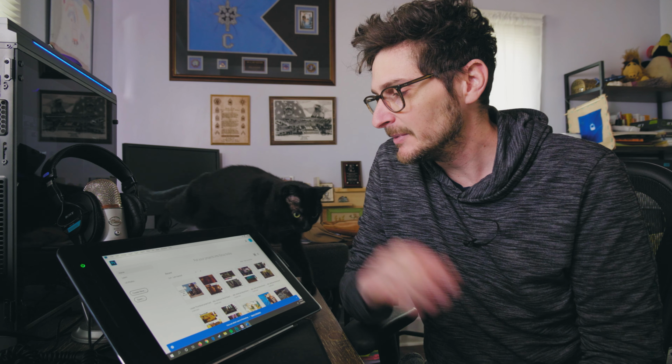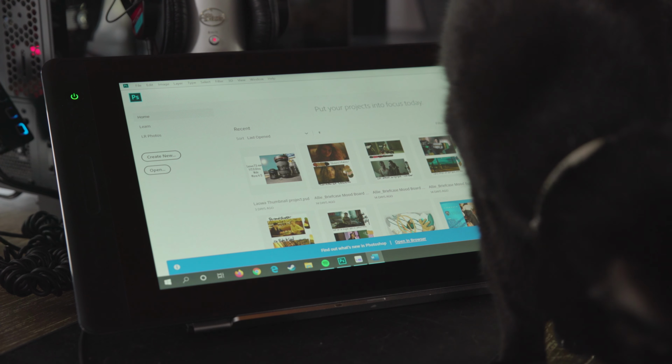I got this about a month ago. I've been wanting one for a while, and I never pulled the trigger on it just because I didn't think that I would really get a whole lot of use out of it. And it's actually turning out to be a true prophecy, in that I haven't really used it a whole lot since I got it. So I might be sending it back, but I thought I would take a look at it just to give you a rundown of what these are and what they could be useful for,